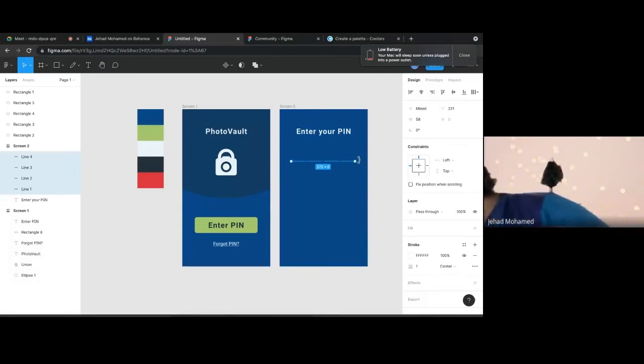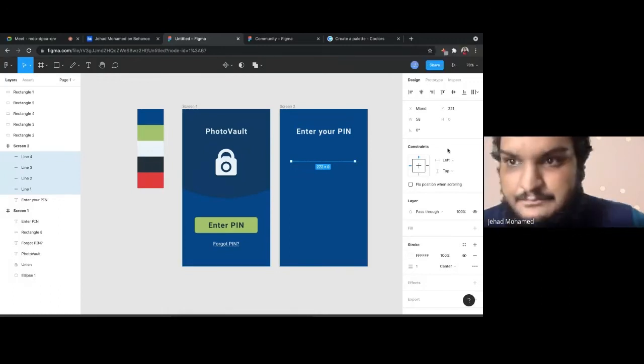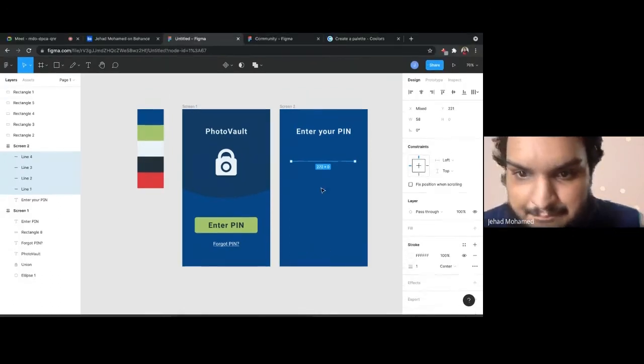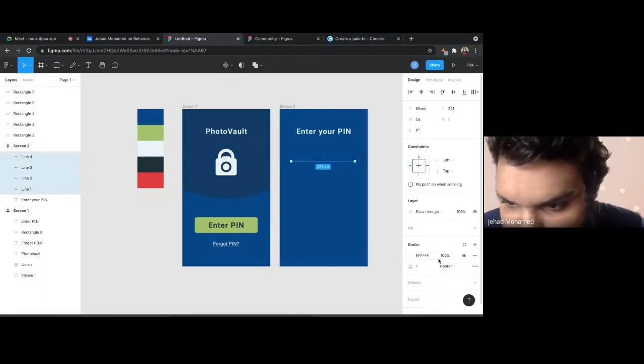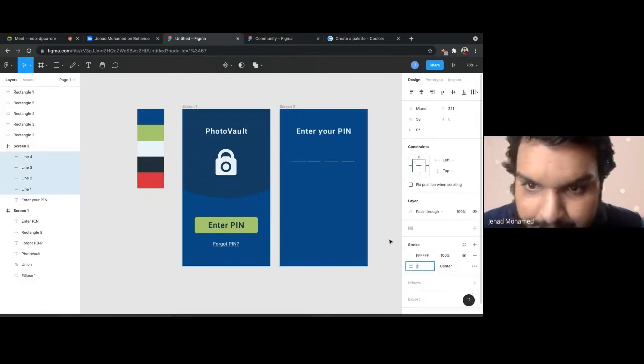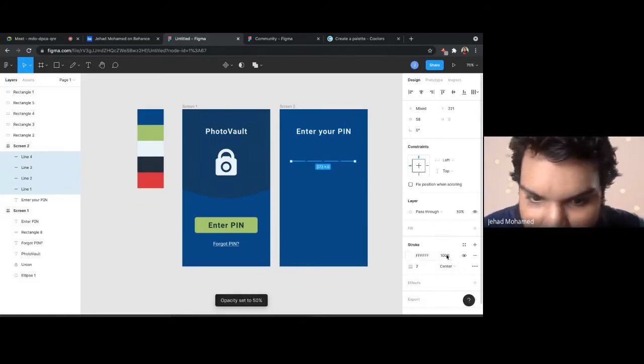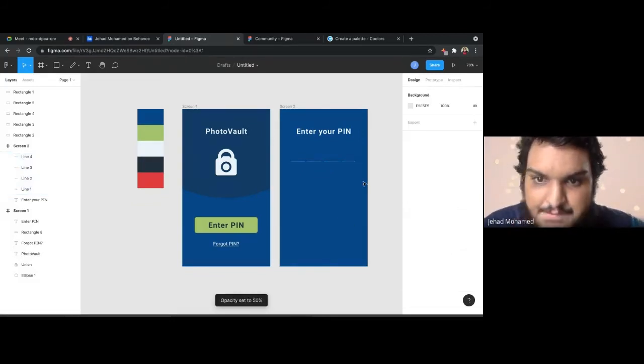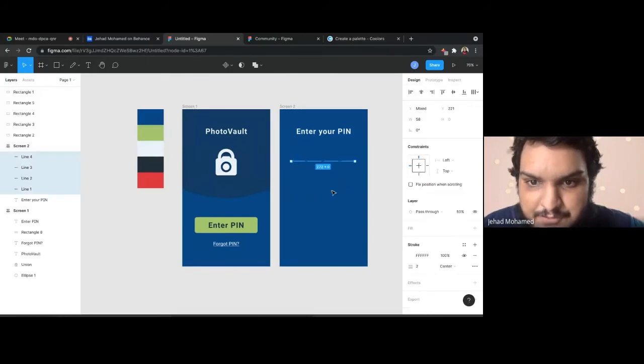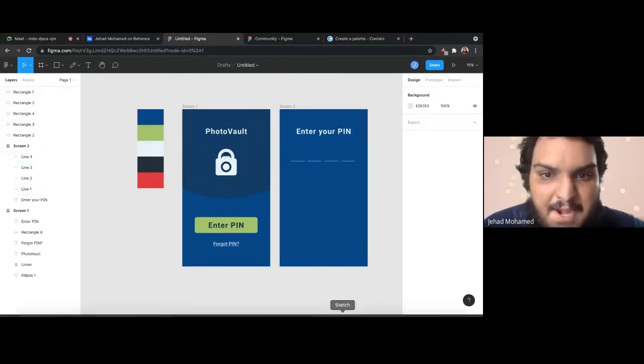All right, so we add thickness, some opacity. If you see now there are 4-digit options, and we need to add a number pad, right, for all this